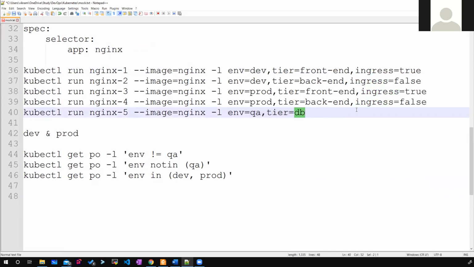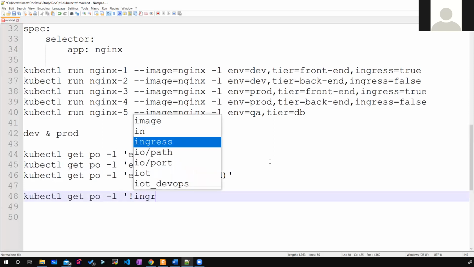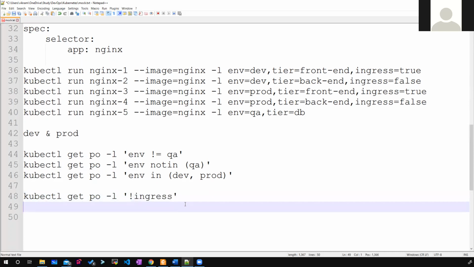Okay, you want something which doesn't have ingress and you don't want to care about the value. Yes, I don't care whether it is true or false. So it is kubectl get po and hyphen L for selection, and I can just use the not operator, not ingress. Then it will simply select everything which doesn't have ingress as the key, because I don't care about the value.